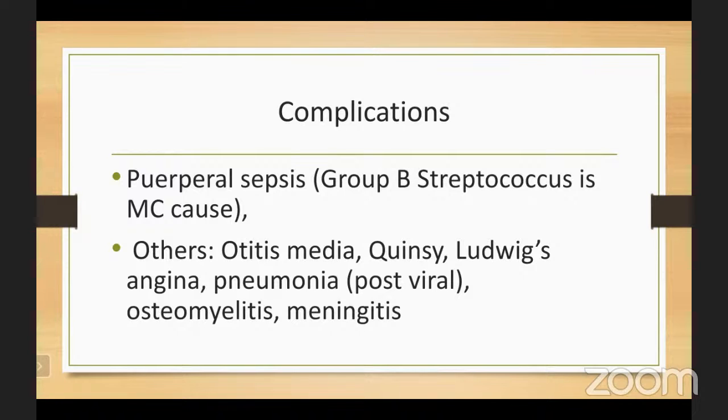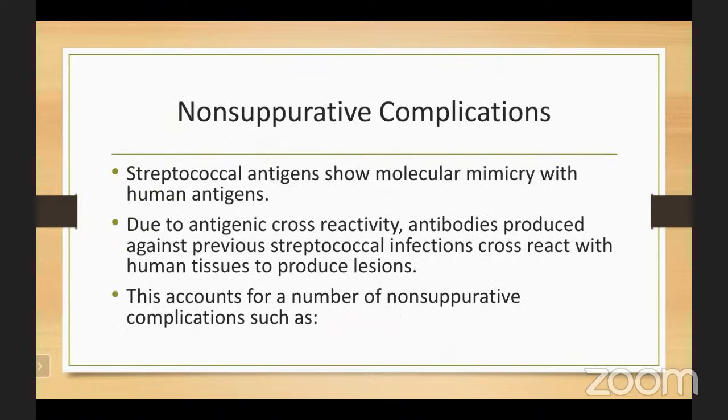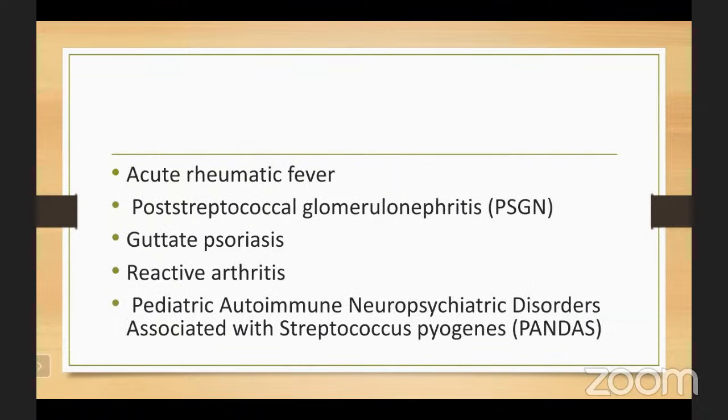Next one is the non-suppurative complications. Streptococcal antigens will show molecular mimicry with human antigen. Due to the antigen cross-reactivity, antibodies will be produced against streptococcal infection. Then again, they will cross-react with human tissue and produce a lesion. This will account for non-suppurative complications such as acute rheumatic fever, post-streptococcal glomerulonephritis, psoriasis, reactive arthritis, pediatric autoimmune neuropsychiatric disorder